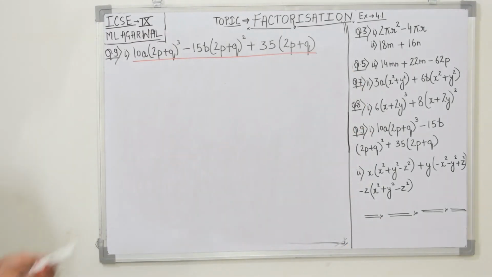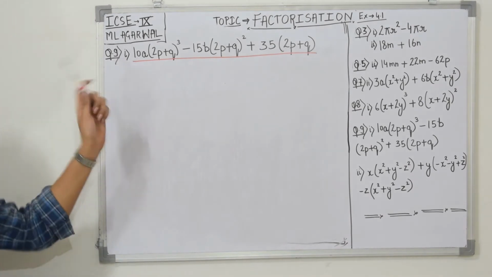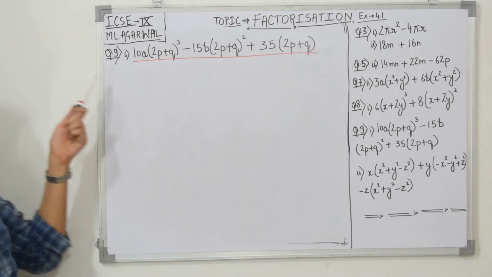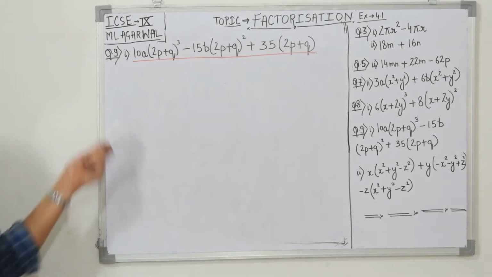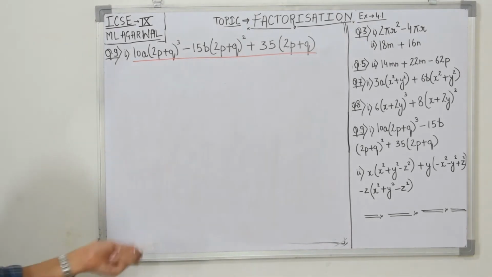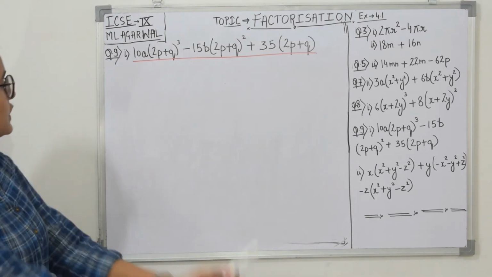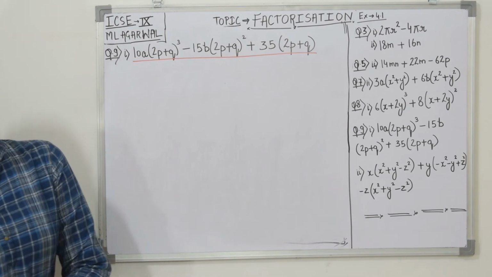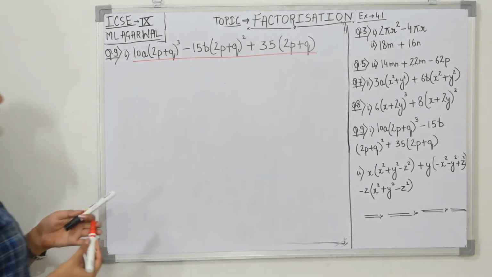Okay students, now I have picked one question from your exercise only, question number 9, first part. This I think in your whole exercise is the most typical part as it seems to be. It is not actually, but looking at the question you must be finding it difficult and all. So let us begin with our basic approach. We will be following a very basic approach like the same.